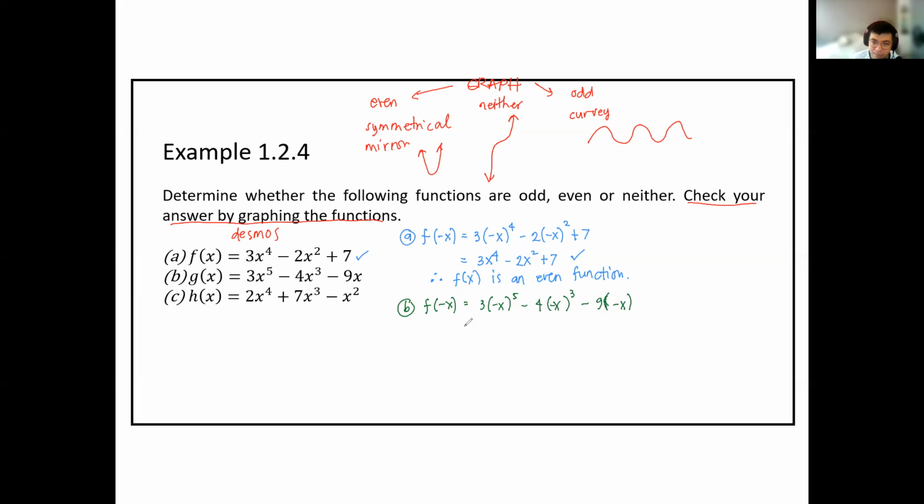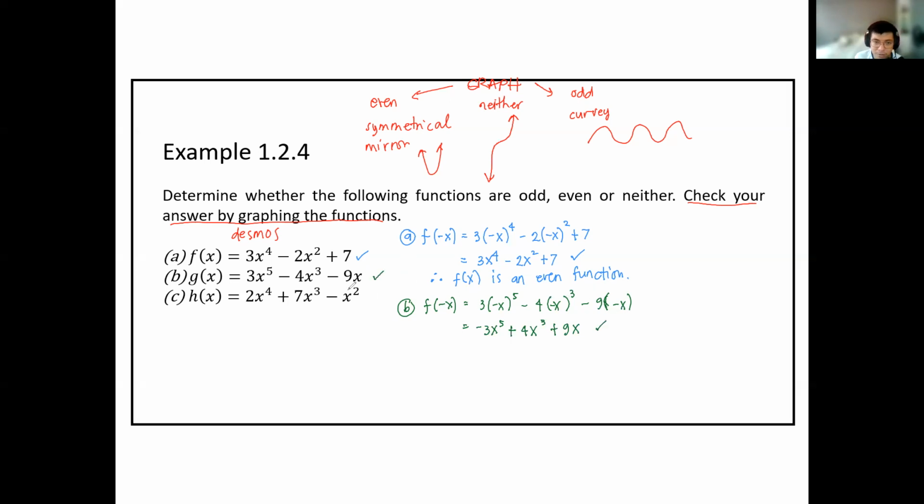So meaning the first term will give you negative 3x raised to the power of 5. And then the second value, you're going to have a positive 1. So negative 1 cubed, then x cubed, di ba? So you're going to have positive 4x cubed. Then the last one is positive 9x. So if you try to compare this one again,